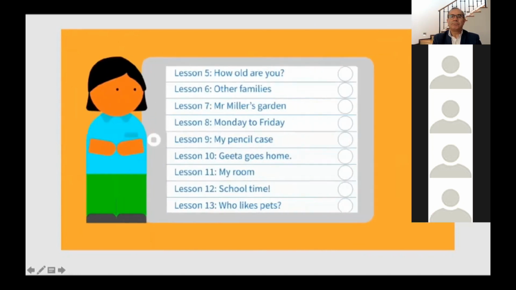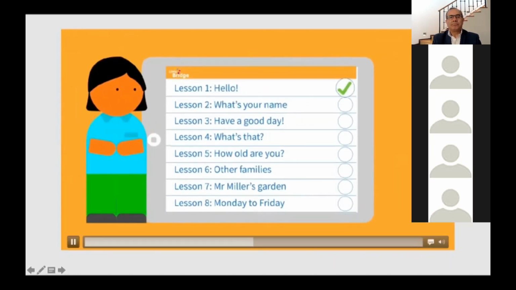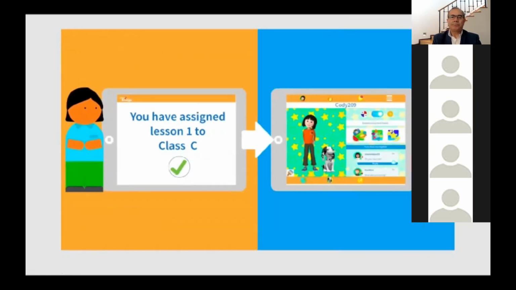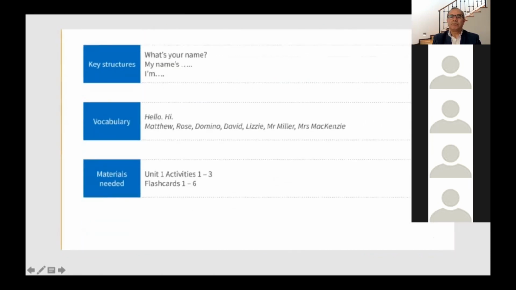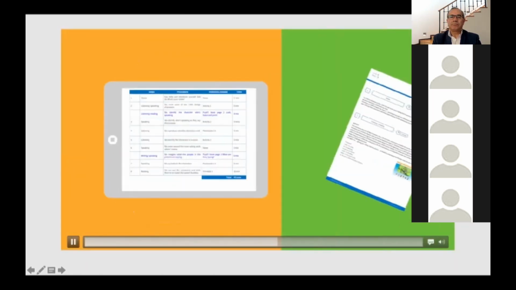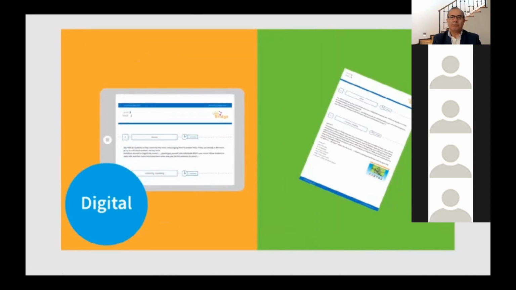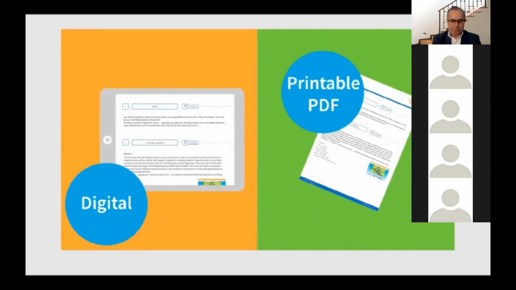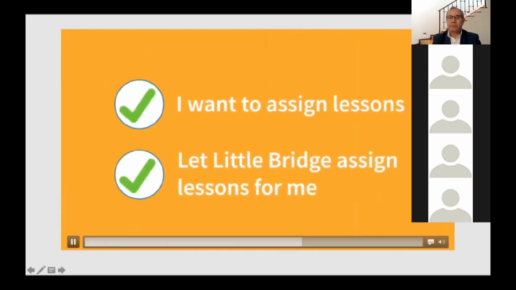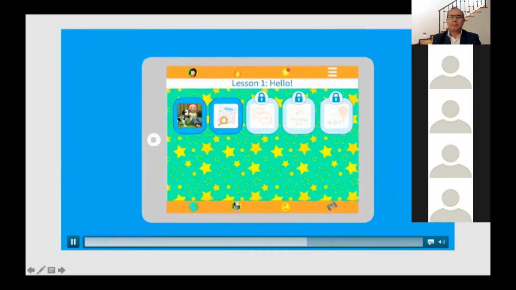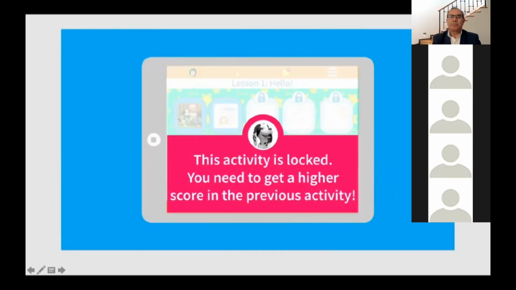The teacher selects the lesson for their class from a menu inside the teacher dashboard, and it will directly appear in each child's activity menu to ensure his or her learning pathway is clear. Each lesson plan is available to view and download and is designed to help every teacher deliver effective lessons with hints and tips to maximize success. If the teacher prefers, they can opt to let Little Bridge automatically deliver a sequence of activities to their class, with students required to achieve a definable score in order to move from one activity to the next.